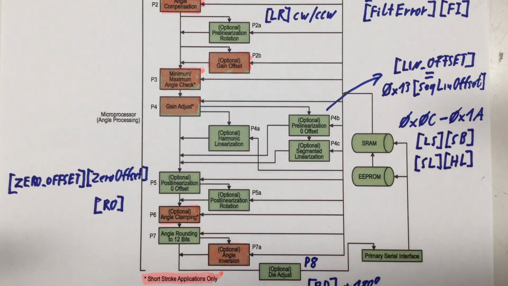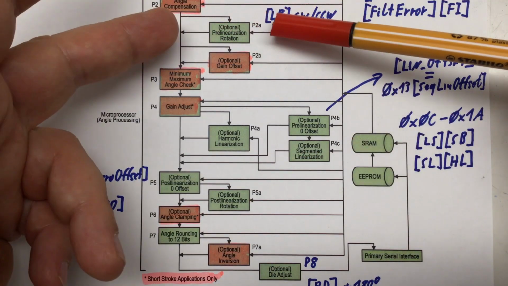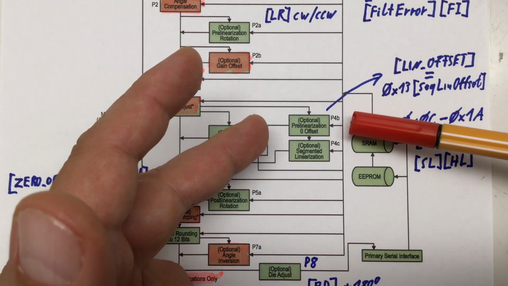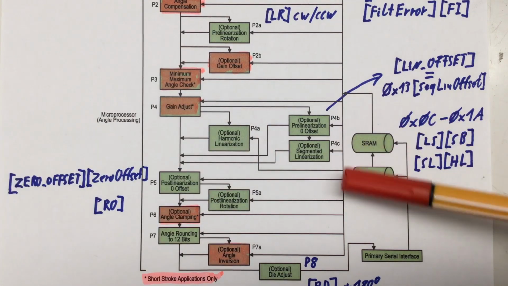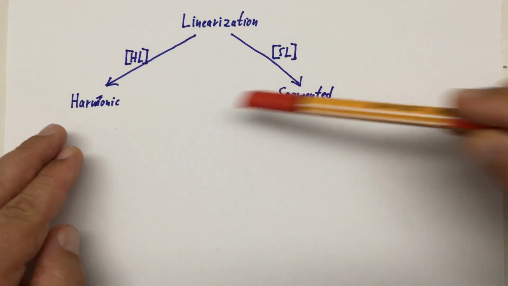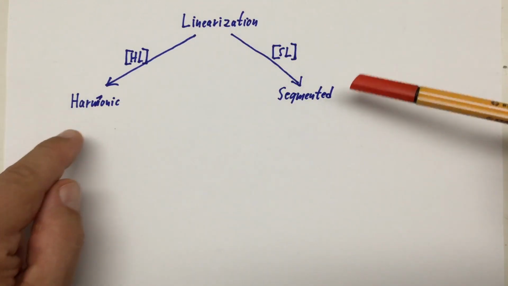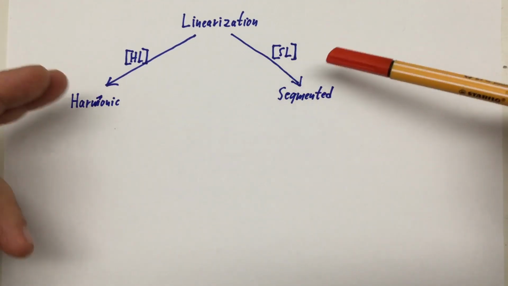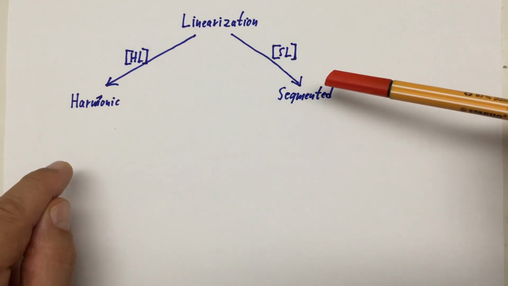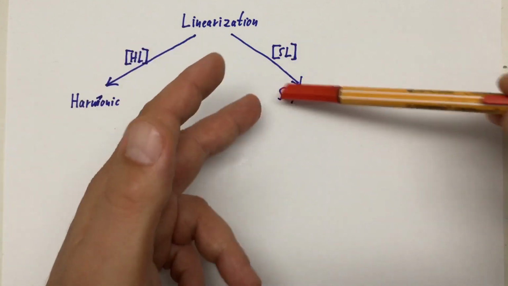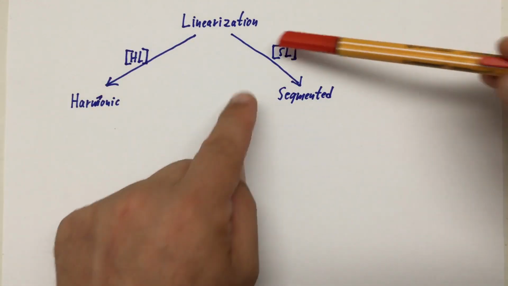And by the way, last time we set the pre-linearization rotation using the LR flag and the pre-linearization 0 offset, which is stored in the segmented linearization offset field. You activate the different kinds of linearization, either harmonic or segmented, by setting bits inside the algorithm enable flags. For harmonic linearization, you of course set the HL harmonic linearization bit, and for segmented linearization, you set the SL